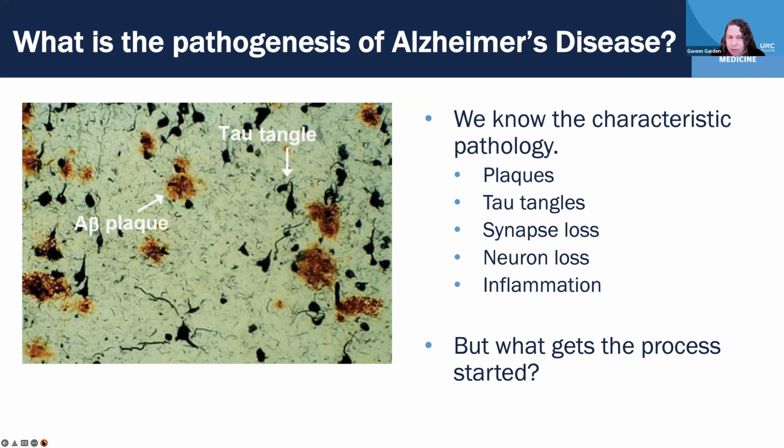But in spite of this incredible amount of knowledge and large numbers of people who study Alzheimer's disease, we still don't really understand what gets this whole process started. Why do people develop this pathology? And we understand that there are some individuals who have autosomal dominant forms of Alzheimer's disease, and that some of those mutations or variants that cause autosomal dominant Alzheimer's disease probably are sufficient to initiate this pathology. But the actual mechanisms of what's happening when the pathology starts really still are not well understood.